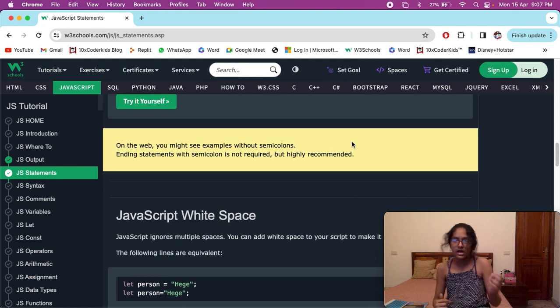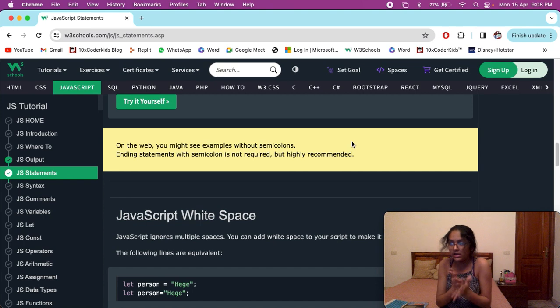That means we can make the length of our code shorter, right? And in competitions, the shorter the code, the more points you get. That's why, just think in your mind that it's compulsory. Don't think that it's not required. You have to put a semicolon.